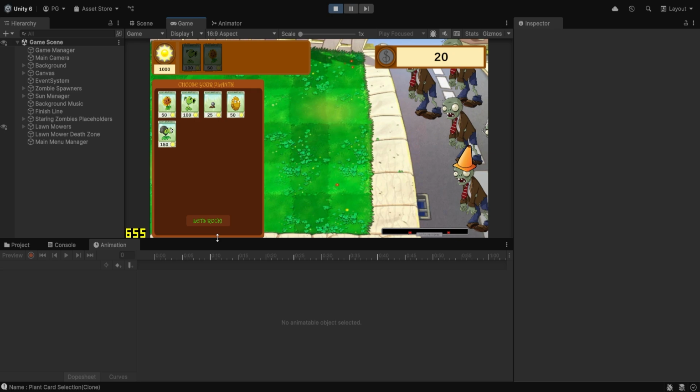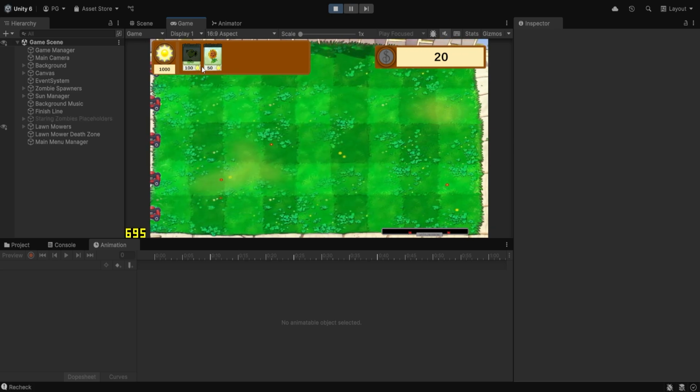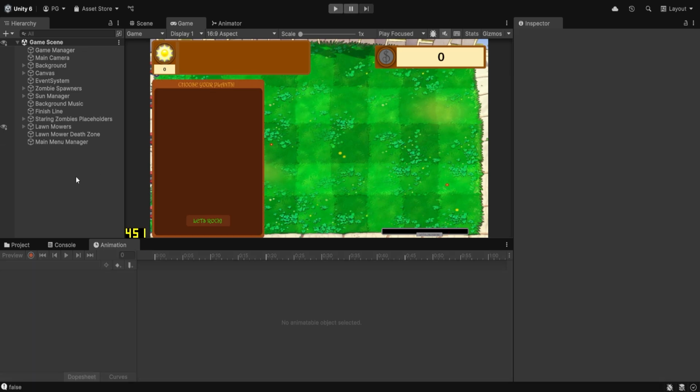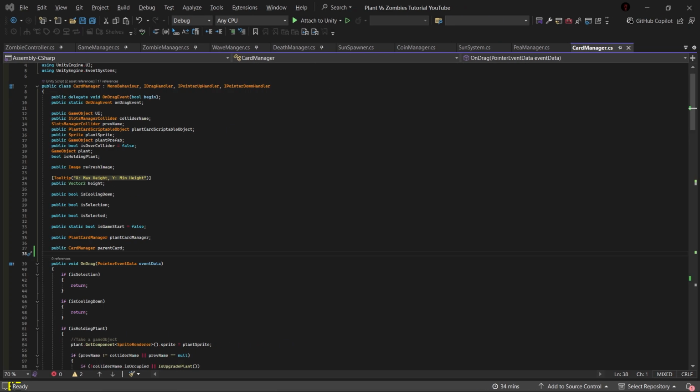And let's just take these two. Let's place one. Ooh. So the sun from the sunflowers aren't actually, okay. Let's just fix this. So